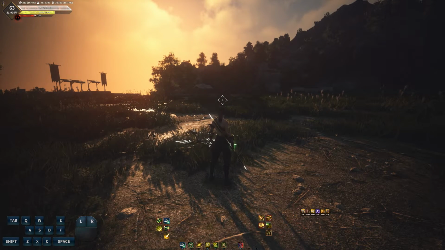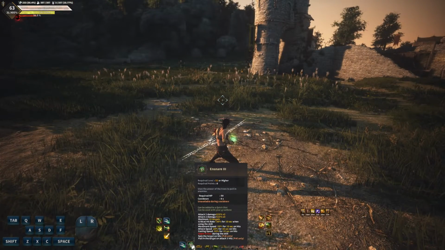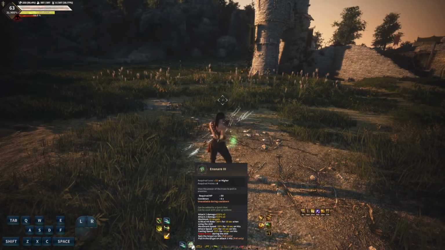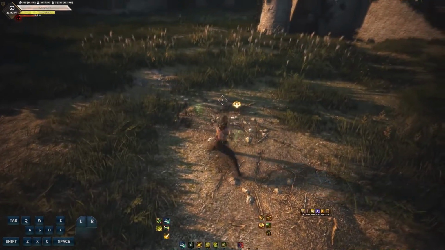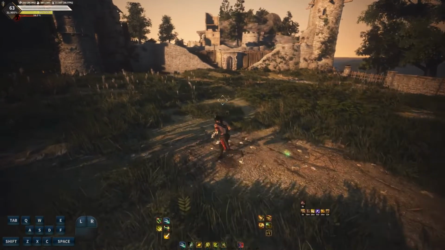So the second skill that I would like to talk about is Ensnare. Ensnare is your pre-buff skill, like the one that gives you 30% crit. You want to be having this buff almost all the time anyway, but it has an animation, right? This animation can actually be cancelled. You can cancel this animation with glide.